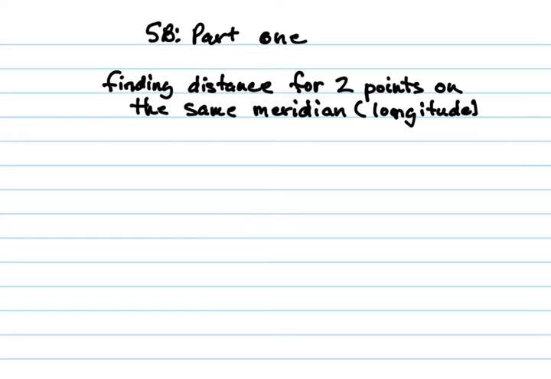Okay, so today we're going to look at 5b, part 1, because we're going to have a whole second section of this that is completely different. It's finding distance for 2 points that are on the same meridian. And meridian is simply another way of saying longitude. And we mentioned last time that the shortest distance between 2 points